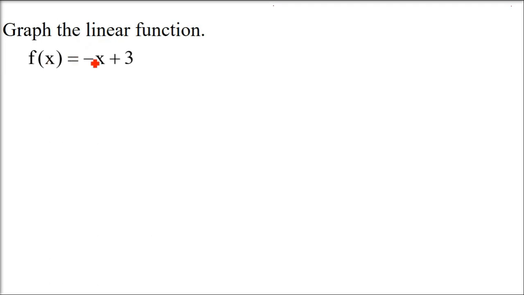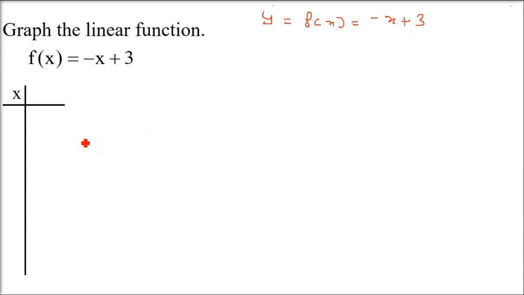How to draw a graph of a function? Let us take a linear function here. This is the function being given to you. f(x) equals -x plus 3. That means y equals f(x), which is equal to -x plus 3. The first thing, you have to make a table. That is, for every x, you have to find out the value of y. We always keep the values near the origin. That is, some values on the right of the origin and some values on the left. Negative value, positive value. That is why we started with -3 and we come up to 3.